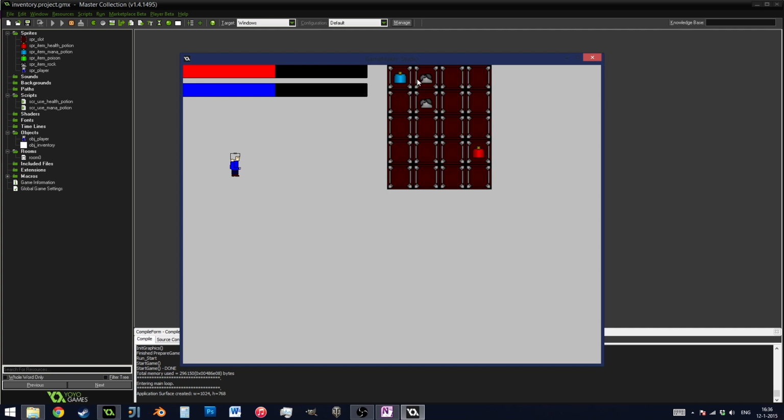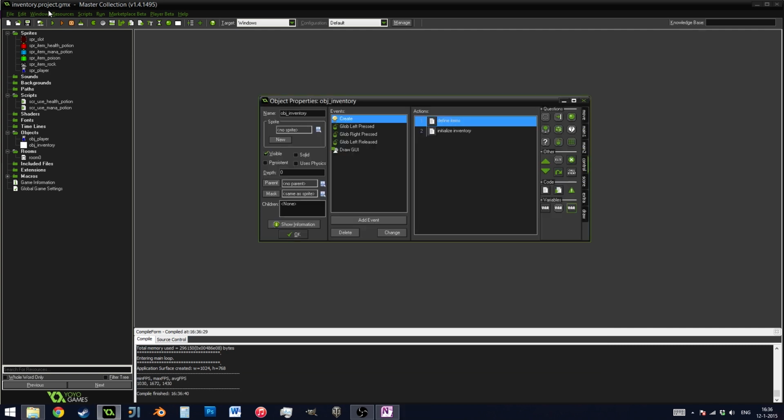You see, I can't use a rock, but if I use a mana potion and health potion, they both go up. Now, there are a few things with our system right now, is that most inventory systems allow you to have more than one of the same item inside your slot. We only allow for one item. So what I'm going to do now is show you how we can do it so that we can have multiple items